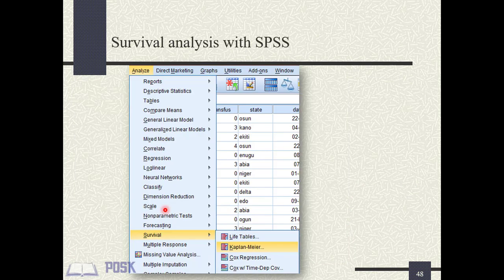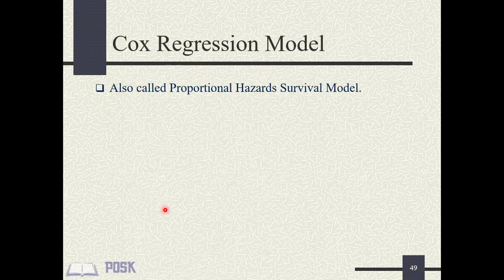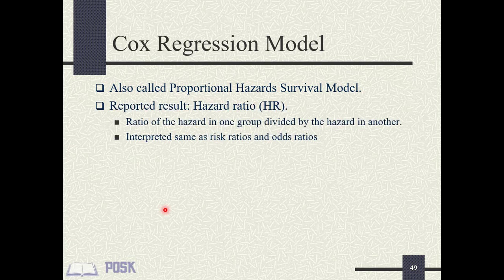How will you do Kaplan-Meier survival analysis in SPSS? Click on Analyze in the menu bar, then click on Survival and then on Kaplan-Meier. The Cox regression model is commonly used in long-term studies where various factors called covariates might predispose to an event. For example, you might want to find out which factors like age, race, tumor staging might make recurrence more likely after radiotherapy. Since it is a form of regression, it means you can infer causality from it.